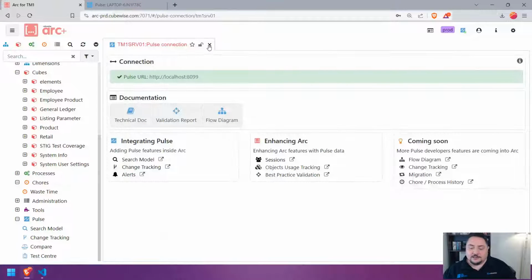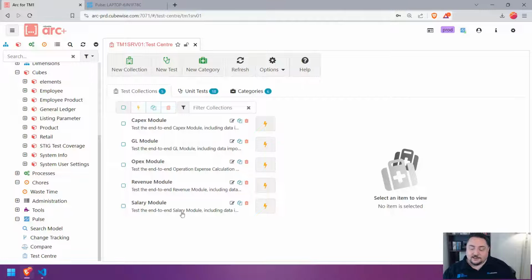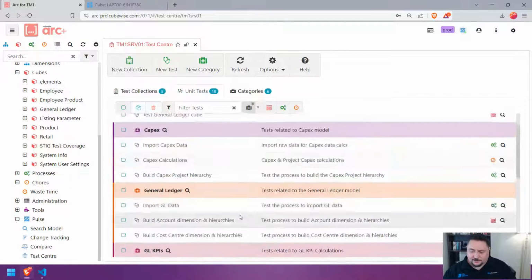So typically, testing in TM1 hasn't really been a thing at all. And that's probably because a lot of TM1 consultants come from accounting backgrounds and not IT backgrounds. But as someone who did come from an IT background, it's initially quite a terrifying prospect that you're writing all this code and stuff, and there's no safety net of testing to catch it. So what we're doing is adding unit testing capabilities to TM1. And I'll just show you quickly because we're nearly out of time, but you can create unit tests here,